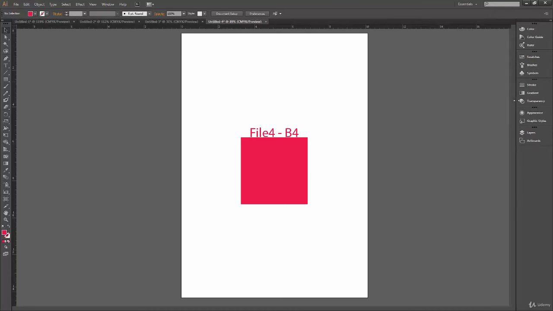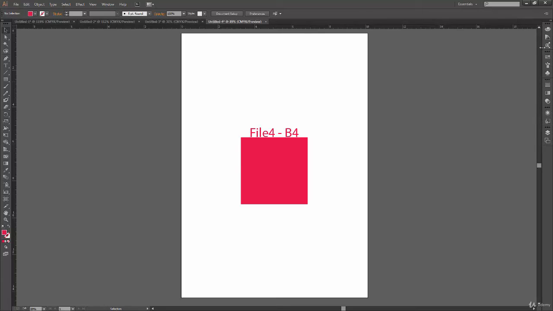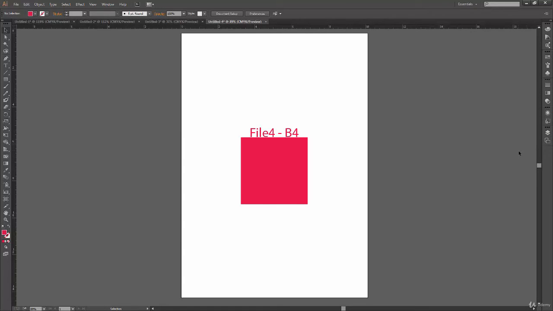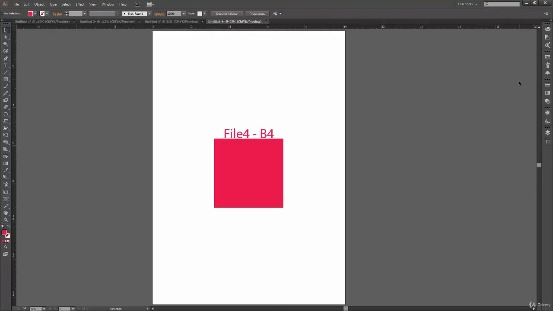It will show you the names of all the panels. If you keep it really small, you can't see names. You might find it difficult, just looking at the icons, to tell what panels you have here. So you might want to do this and have names over here. That makes it more clear to understand and easy to work. For me, I like this. I like a compact layout. So it depends on person to person.